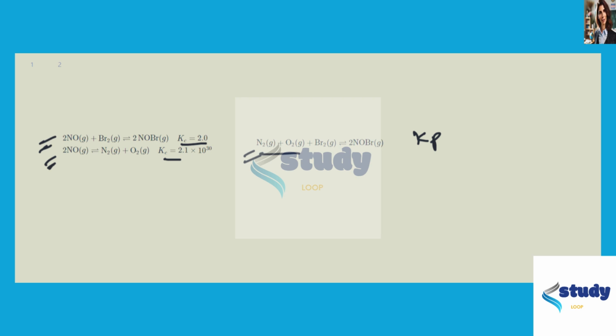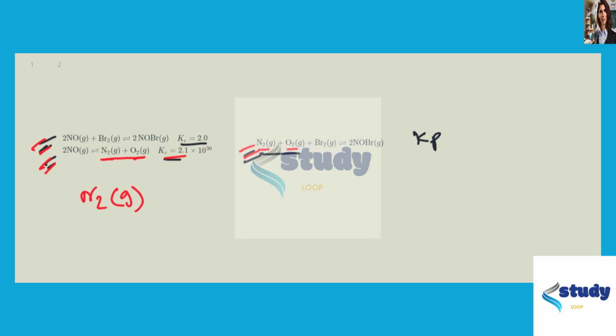In this reaction we can see that N2 and O2 are on the reactant side, but in this reaction N2 and O2 are on the product side. So if we want to write this reaction as the sum of these two reactions, we first have to reverse this reaction, and in that case the Kc value will also be the inverse of this value. So if we write the second reaction in reverse form, it will be